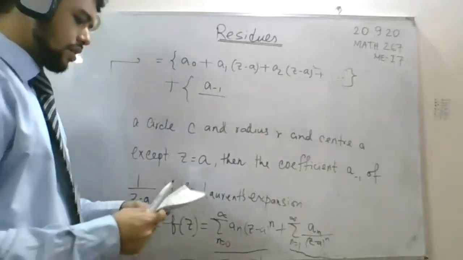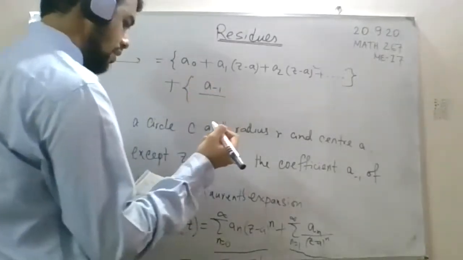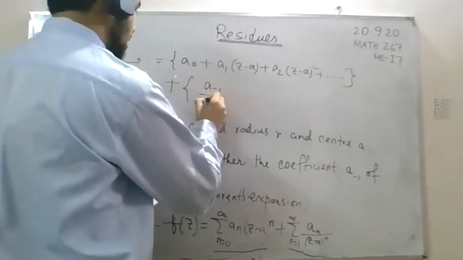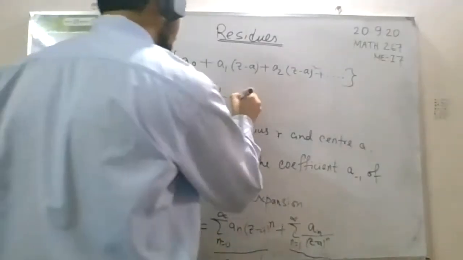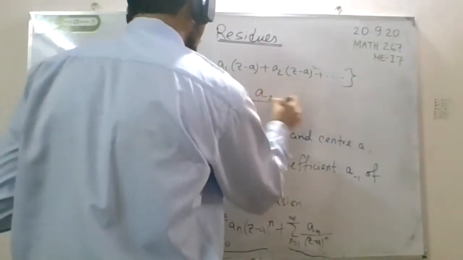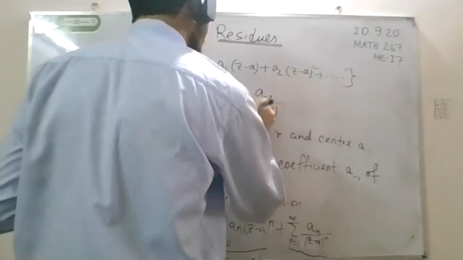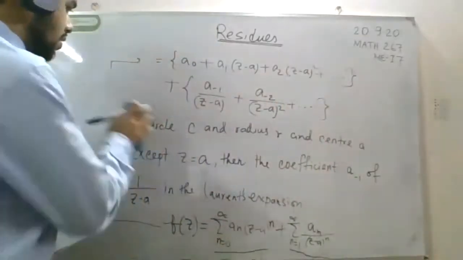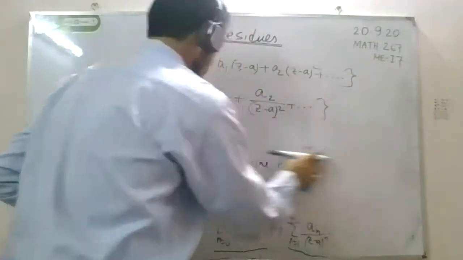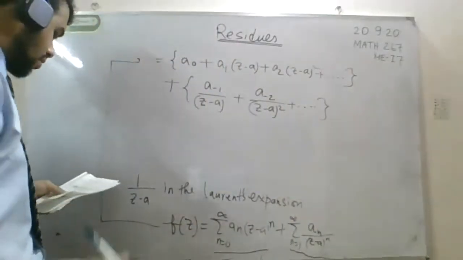Now here you can say z minus a. Also, you can say minus 2 also z minus a square. So this is a Laurent expansion. From here, you can also define the